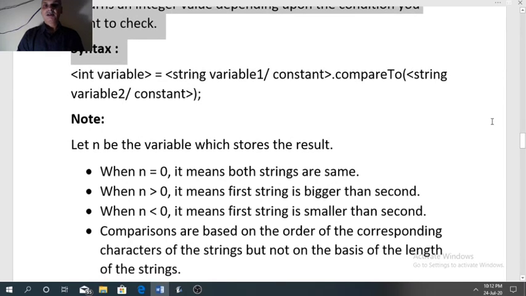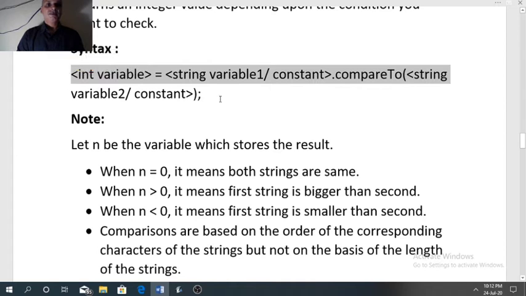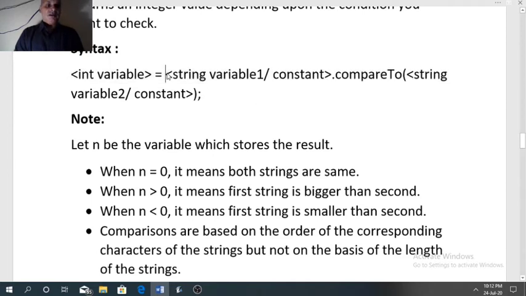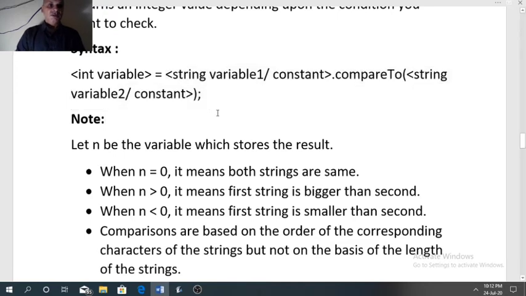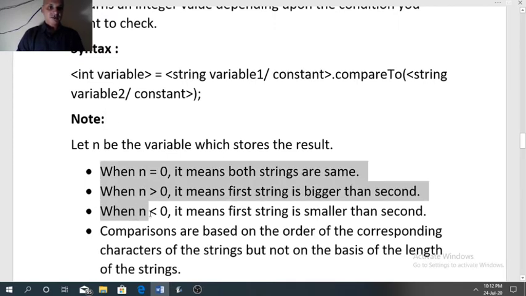First see the syntax here. Since the result is an integer, we need an integer variable on the left side. Source string 1 dot compareTo source string 2. Like I have told, this integer result can have three possibilities: 0, positive or negative.